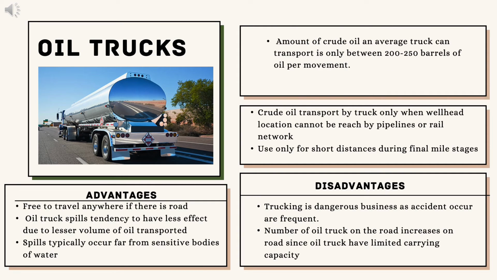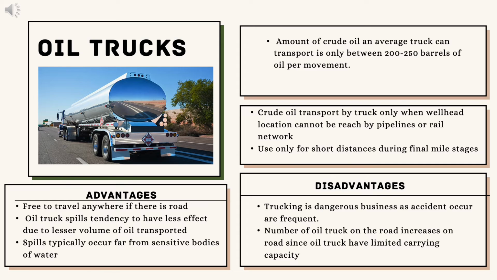Oil truck can only be used to transport crude oil when the wellhead location cannot be reached by pipeline or rail network. Oil truck also can be used for short distances during the final mile stage. This is because the amount of crude oil an average truck can transport is only between 200 and 250 barrels of